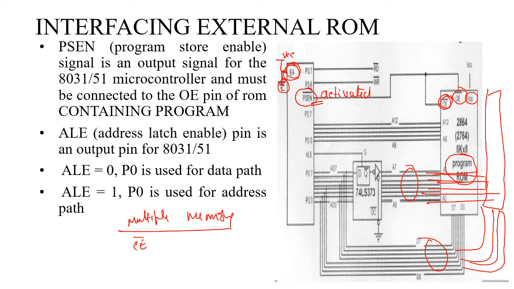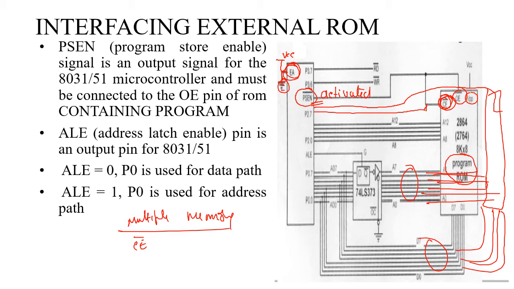If you have multiple chips, for example two chips, then there will be port pins that have to be connected to the chip enable pins of both the memories, and whichever chip you want to select to transfer the data, a logical low signal is sent to the chip enable pin of that particular memory. That we will look at in detail in the coming slides.